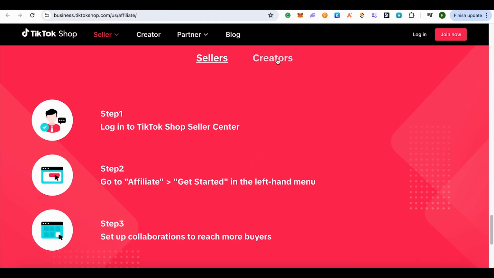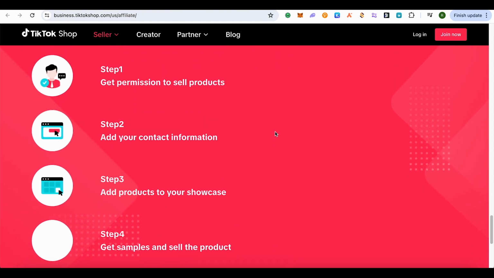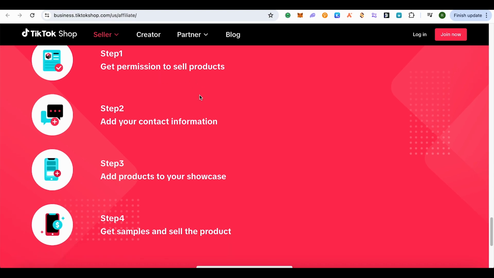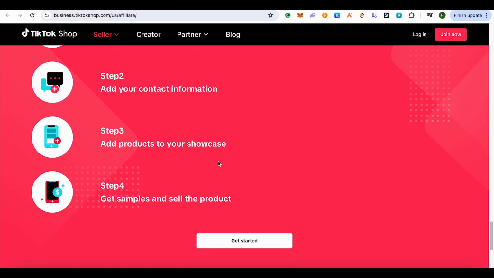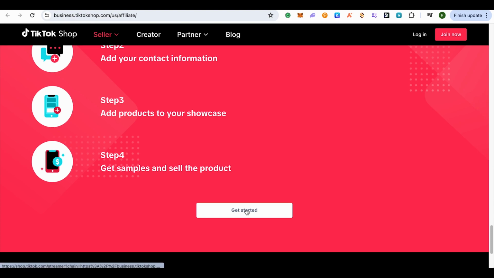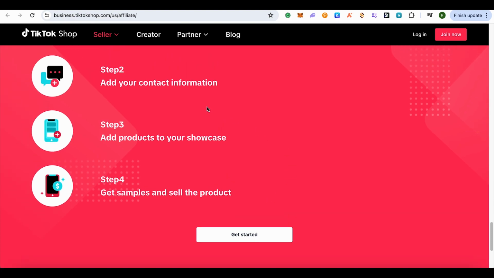Now if you are a creator, then the rules are different, and for that you will first have to get the permission to sell the products. After that you need to add your contact information, then add the products to your showcase. After that you need to get the samples, and this way you would be able to make the sale of the product. And in order to get started, just simply click on this option of Get Started, and the link is